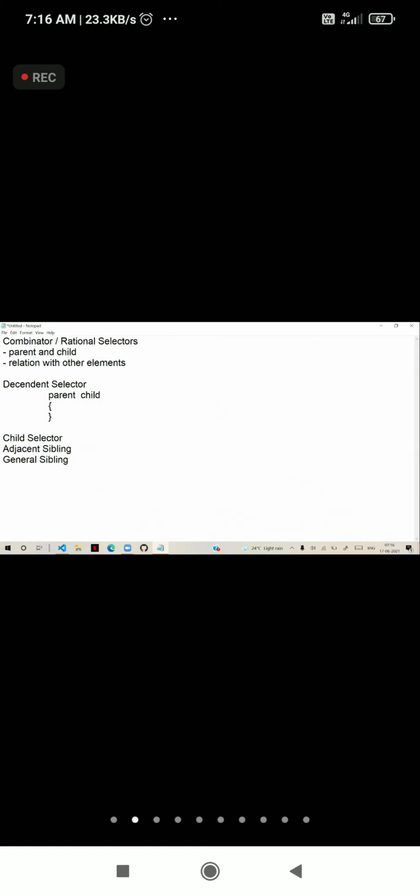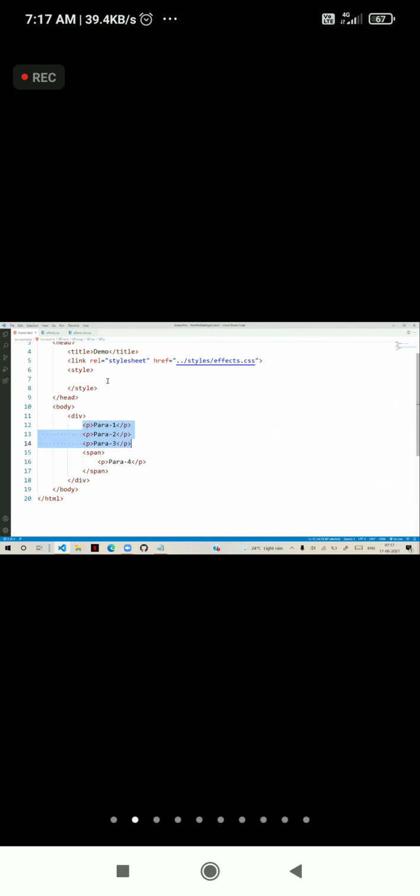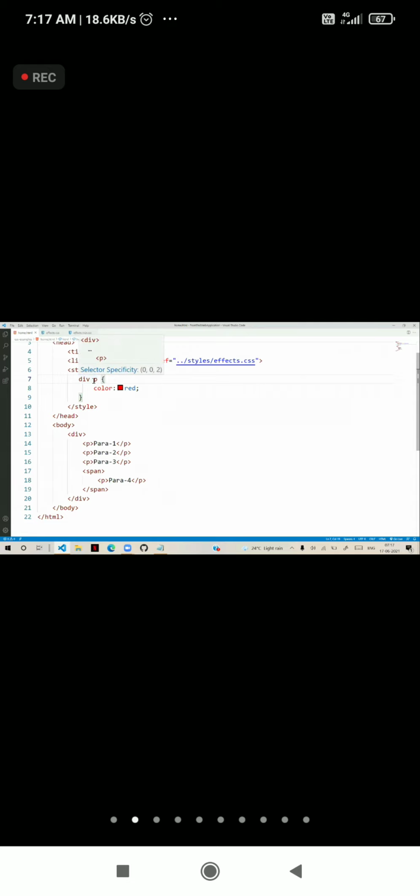Now, the descendant selector is defined like this: the parent and space child, and we define the effects. Parent space child. So here the parent is div, space child is paragraph. For that, what effect you want? Color as red. So this indicates it will apply that color to all paragraphs inside that div.